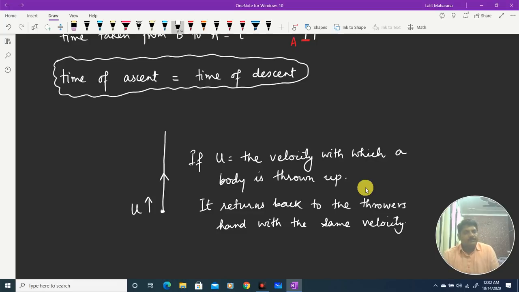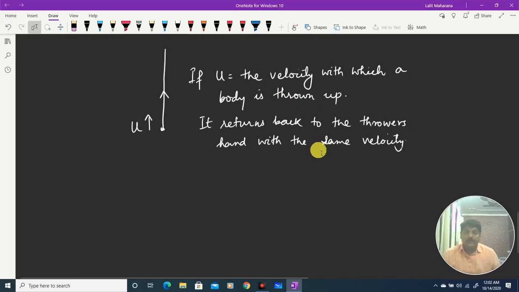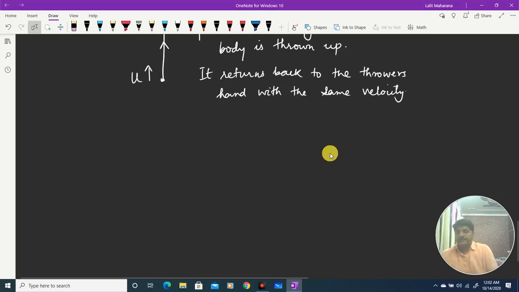So these are some of the points which you have to remember when we are talking about equations of motion of a freely falling body. Now, based on these equations, let us first solve a few numericals in today's lecture. Let us take a few examples which are given in your book. You may find some examples in your book. We will also solve a few questions from your exercise. So the first question we will talk about is,